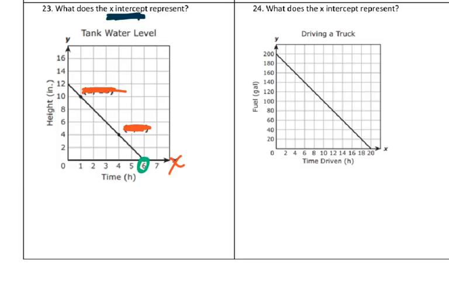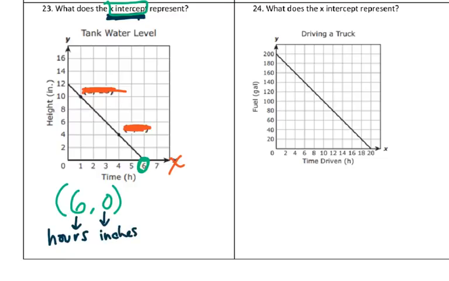So I'm going to write this one as an ordered pair. So my x-intercept is 6, 0. So that's great. I found it. I know what the x-intercept is. But the question is, what does it represent? So that means, what are the words that go with this here? So this 6 was talking about time. More specifically, it was time in hours. So it takes 6 hours to get 0